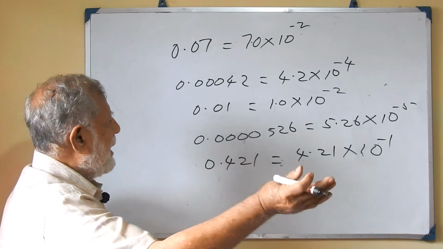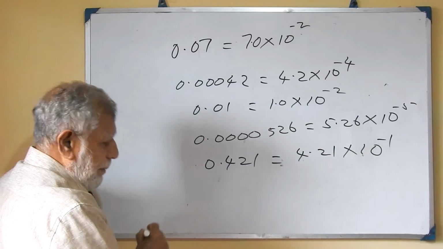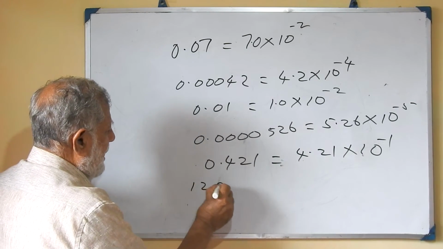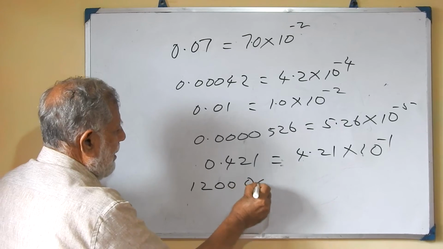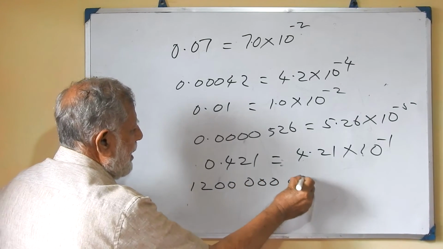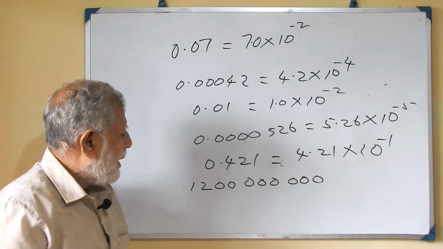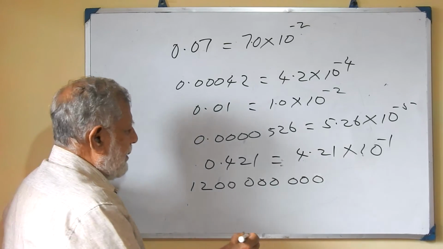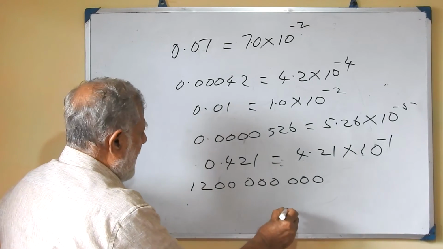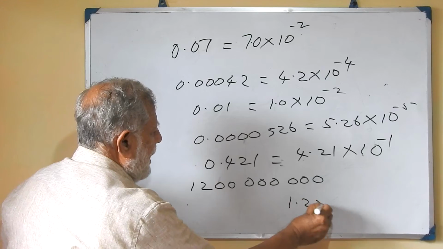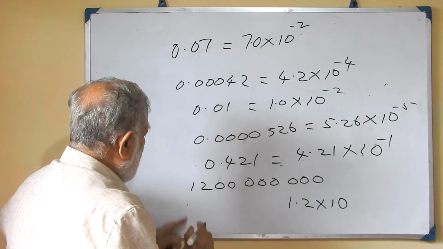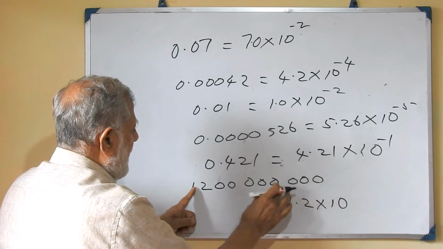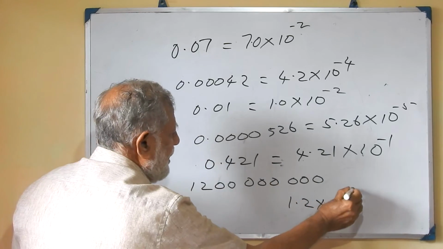If you are going to the right hand side, look at this one. The population of China, we will say 1,200 million. This is the population of China, 1,200 million. If you write this in standard form, it is 1.2 into 10 to the power of. Now here we are putting the decimal and we are going to the right. How many numbers are we going? 3, 6, 9, 10 to the power of 9.